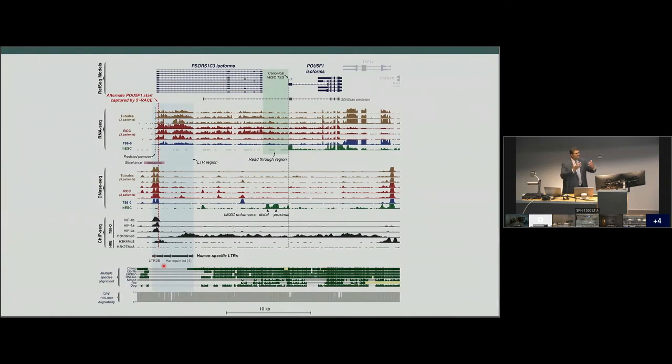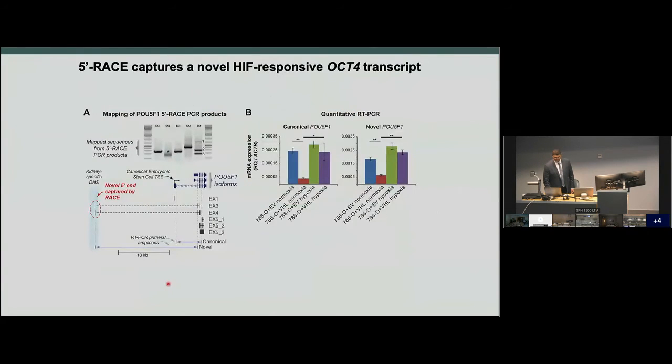So now we have a connection. We know that HIF is constitutively turned on in the majority of kidney cancer. It now can find this Trojan horse of a HIF binding site in this particular element to drive OCT4 expression from a novel promoter. Now, interestingly, a lot of other animals actually don't get kidney cancer. For example, the mouse is a terrible model for kidney cancer, actually. And so I wonder if this is also part of the contribution, that this very potent stem cell factor is kind of loosening the genomic environment, allowing kidney cancer to evolve in human beings.